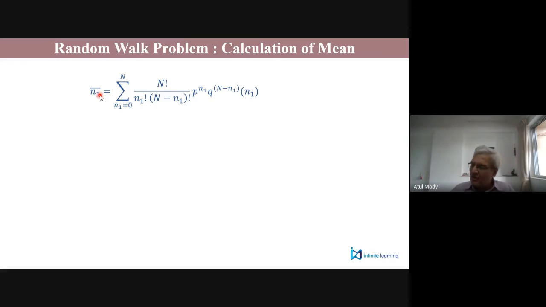But we will not bother about that. We will say, okay, let me count. Let's say 20 steps. In those 20 steps, how many he takes forward and how many he takes backward. So every day you just observe his first 20 steps. And then you take the average of all the number of steps out of 20 taken in forward direction. That would be your N1 bar. That is, of course, experimentally if you are measuring. Theoretically, the formula is in front of you on the screen.